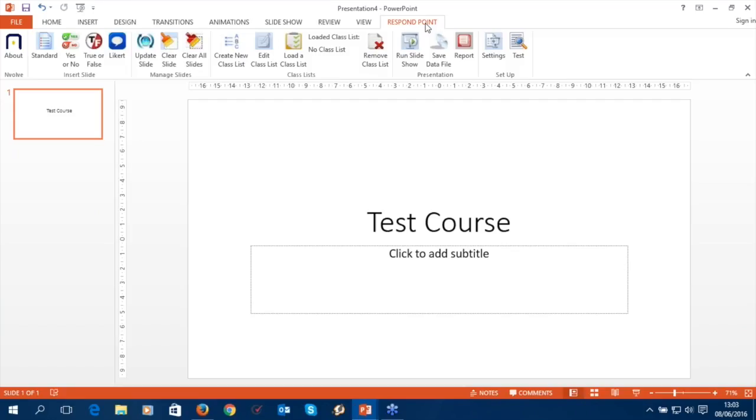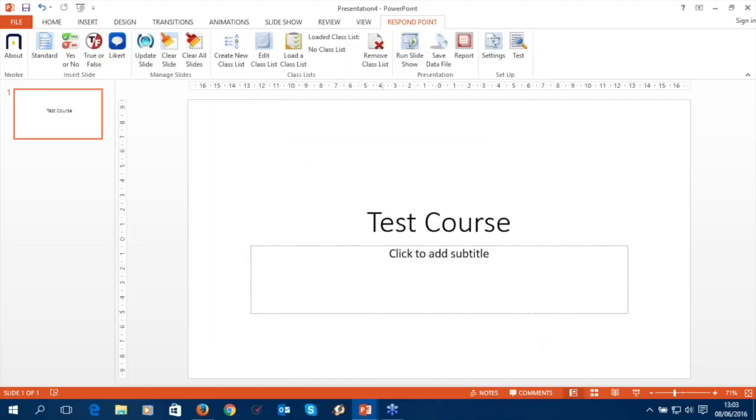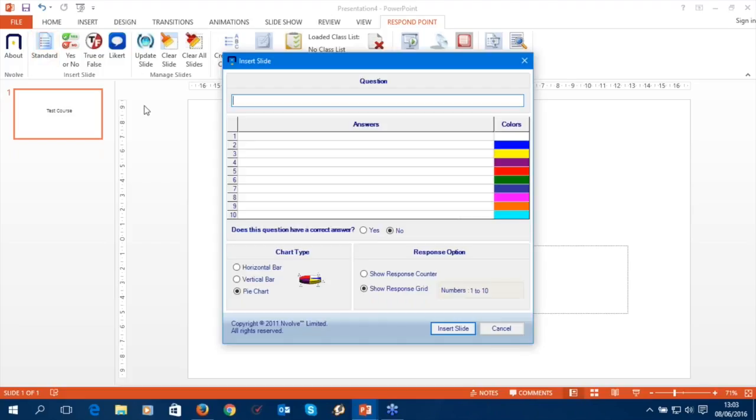We've got 4 different types of slides: the standard yes, no answers, true or false answers, or the Likert, where it's purely an opinion, whether they strongly agree, disagree, etc. But I'm not going to take you through each and every one of them. I'm just going to add a couple of slides or a couple of questions here. The first one is, what day is it today? Please excuse any typos that I have in here. So I'm just going to put Monday, Tuesday, and Wednesday